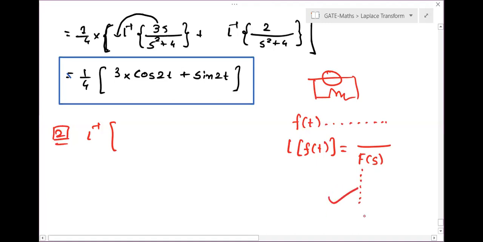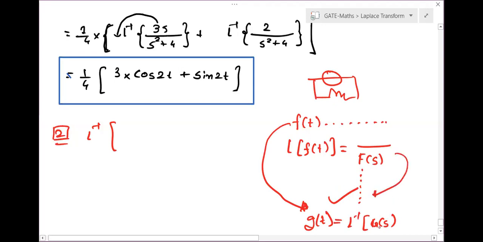After simplification, when you get your answer, you can apply Laplace inverse to whatever new function you got, and you will get your answer again in T. So this simplification, which was difficult in the T domain, was simplified in the S domain with the help of Laplace, and again with the help of inverse Laplace, we can convert it back to the T domain. So this is the main application of Laplace. Is it clear now? Okay, shall we move to the second question? This is your main application of Laplace and inverse Laplace.